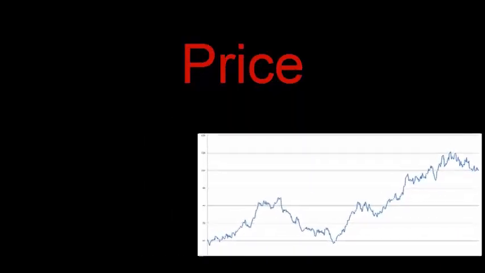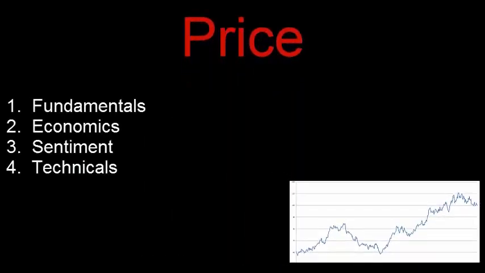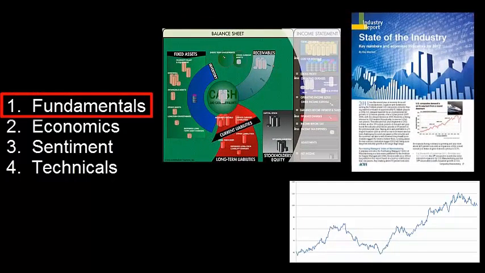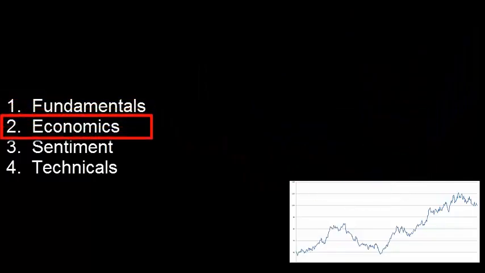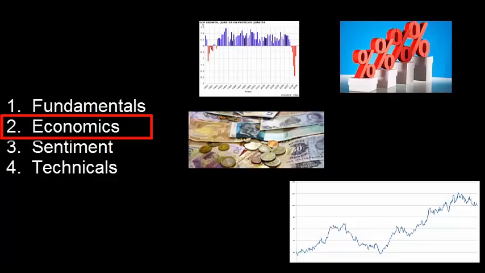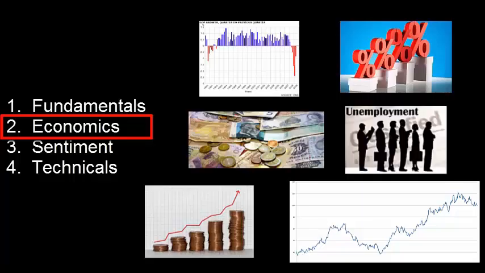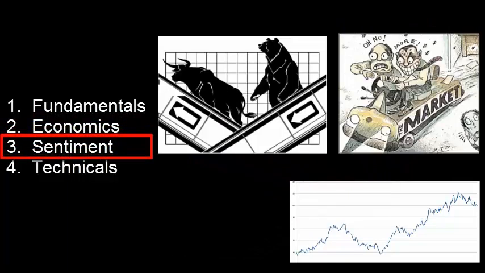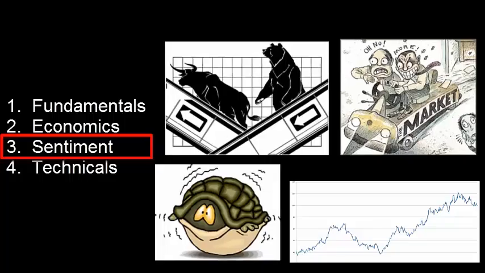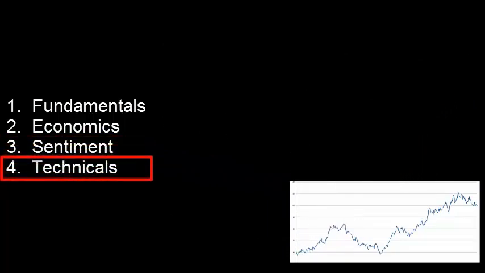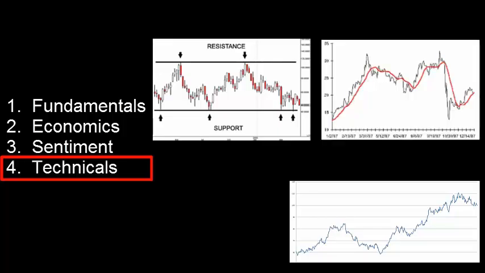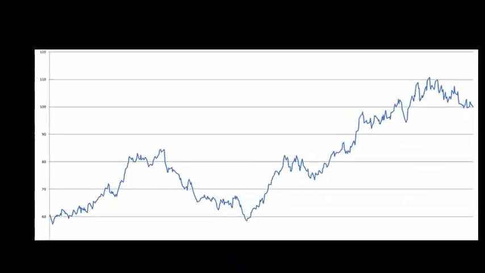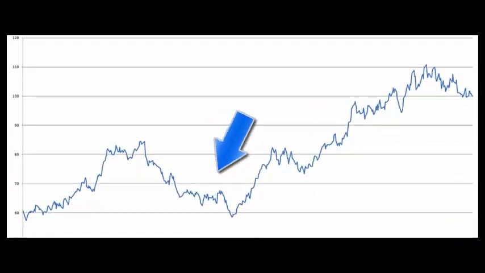Changes in a security's price are generally affected by four factors: fundamental information, company earnings, industry reports, corporate debt, cash flow; the economic environment, GDP growth, interest rate changes, currency fluctuations, unemployment or inflation rates; investor psychology, bullish or bearish sentiment changes, fear or greed, risk aversion; and finally, technical analysis, crossing resistance or support levels, moving averages, relative strength indicators, etc. A factor's influence is reflected by the steady or sudden increase or decrease in the price of a